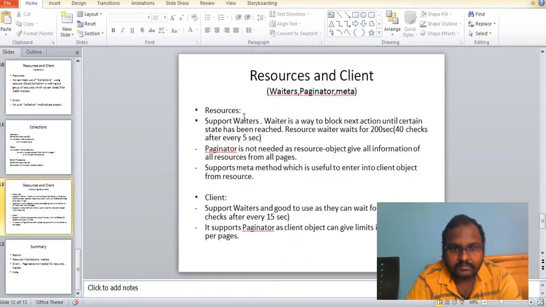So waiters is done. One more point is that a resource waiter waits for only 200 seconds, and the waiter for client waits for 600 seconds. So for waiters we haven't seen the demo. So I will show you; the paginator meta method we covered. So for waiters and paginator,